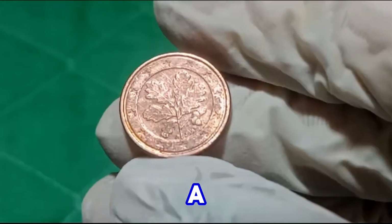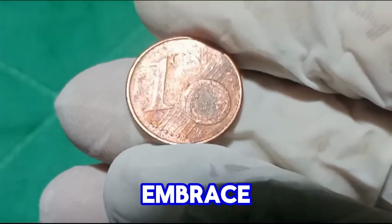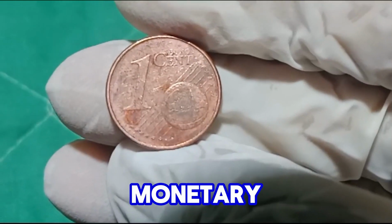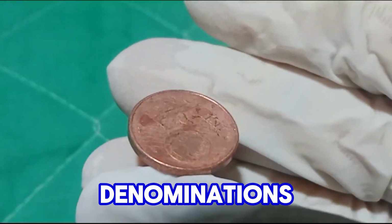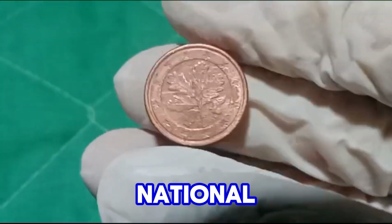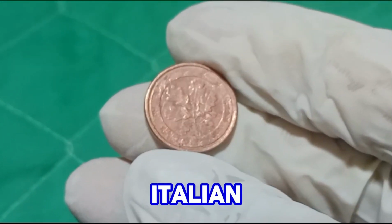This was the dawn of a new era as 12 European countries abandoned their individual currencies and embraced a unified monetary system under the European Union's Economic and Monetary Union. The €1 coin, which is the focus of today's video, was among the smallest denominations of the new currency system. The euro itself replaced long-standing national currencies such as the German Deutsche Mark, the French franc, the Italian lira, and